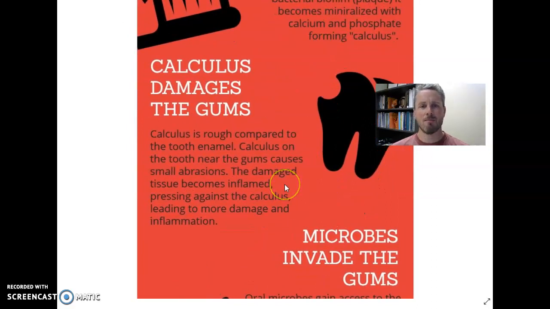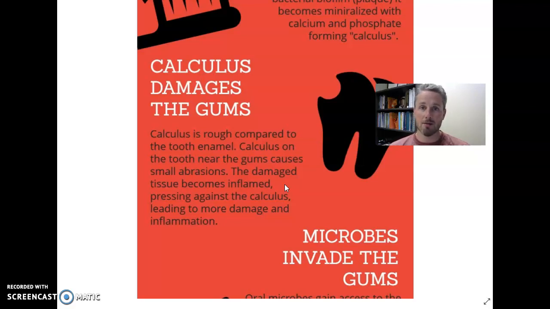What happens next? Well, this hardened calculus is not nearly as smooth as the enamel on our teeth. So if that calculus forms on our tooth near the gum line, which is one of the harder places to brush, we floss to try to get that off as well. But this is the spot where plaque maybe has the easiest time adhering, right next to the gum line. When it becomes hardened, I think of it almost as like a little layer of sandpaper on my tooth next to the gums. And what happens is my tooth and my gums shift around a tiny bit, and that calculus